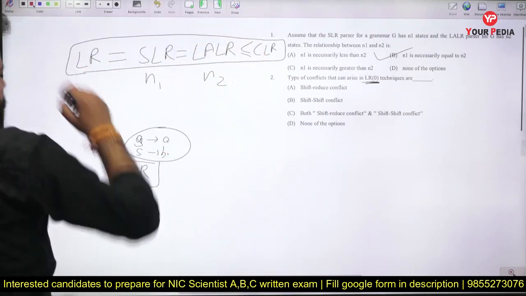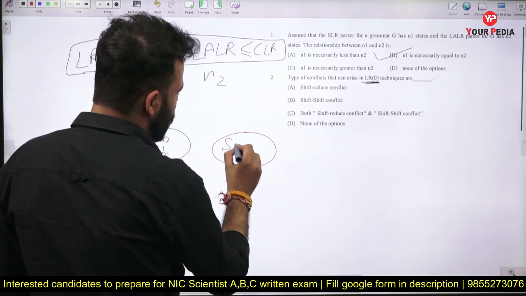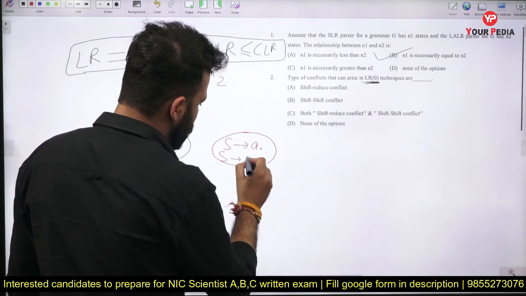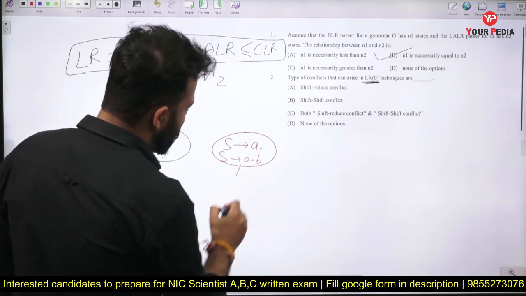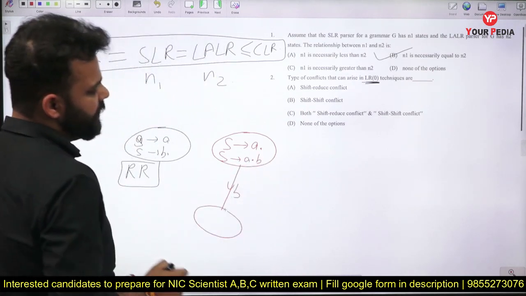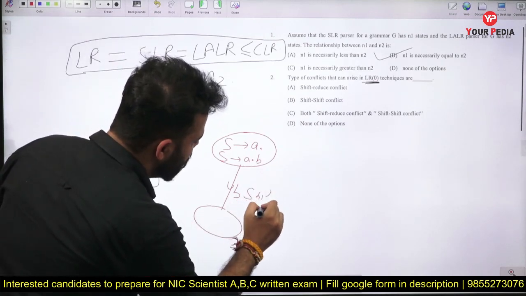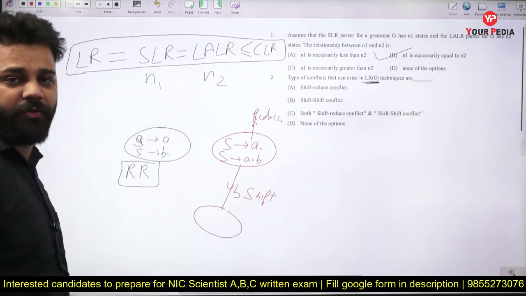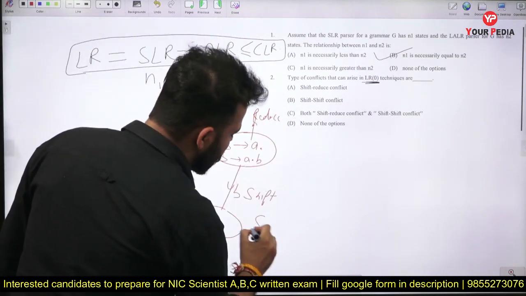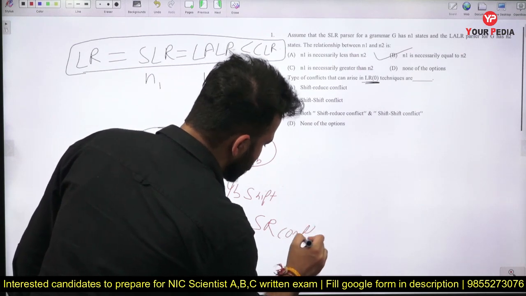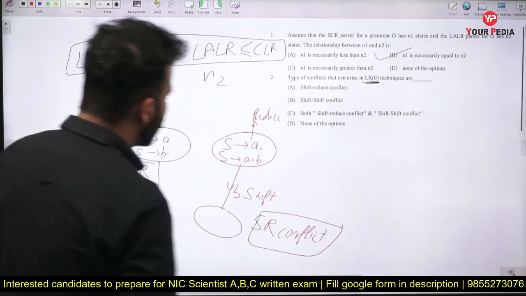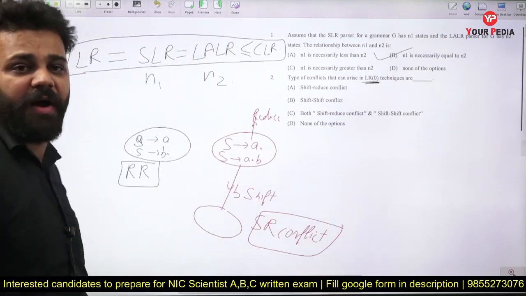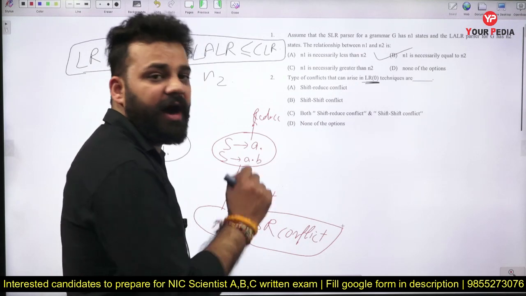Second is shift reduce, S to A dot, and A dot is a, and when you move to B, you go to some other state. So it is a shift move, and there is a reduce present here. So it is a shift reduce move, which is also called SR conflict. So RR conflict and shift reduce conflict are present in LR0, but you cannot see any SS, shift conflict,